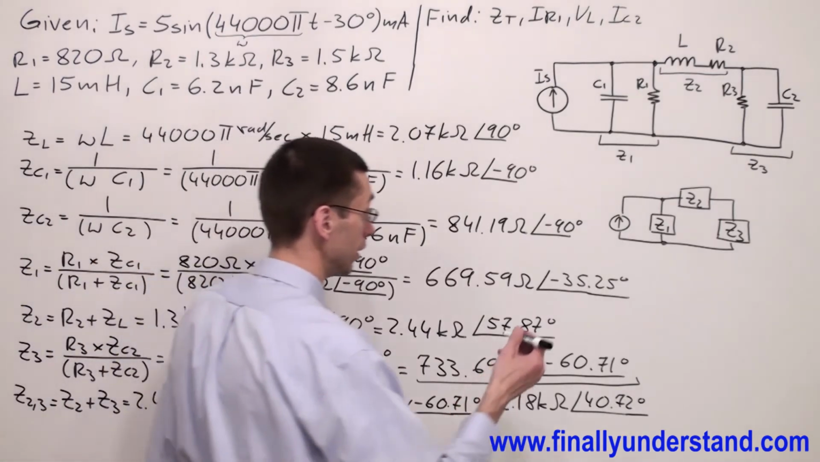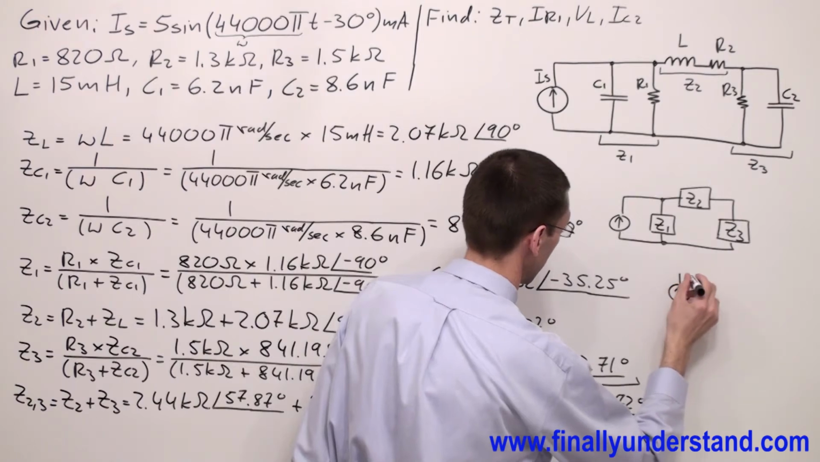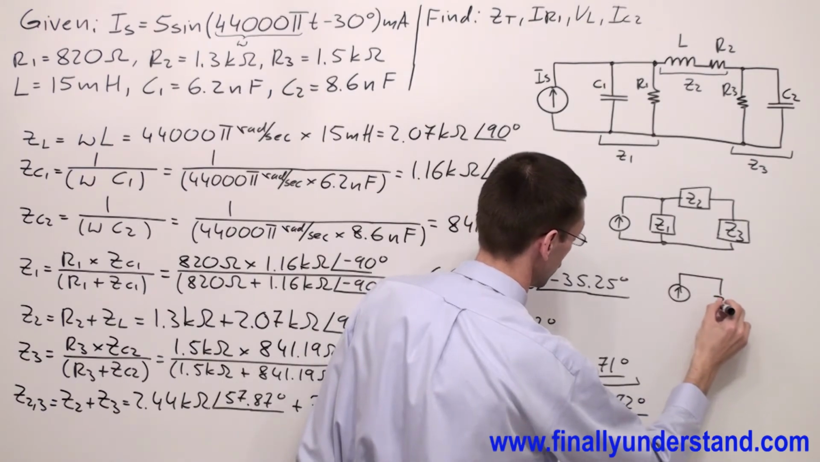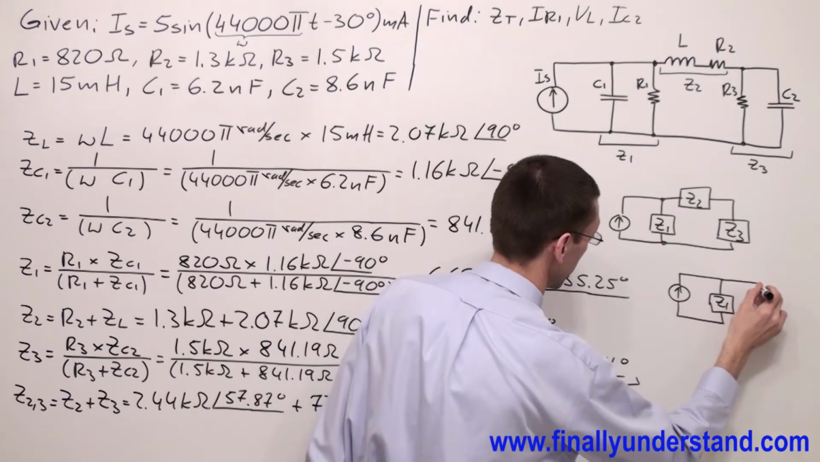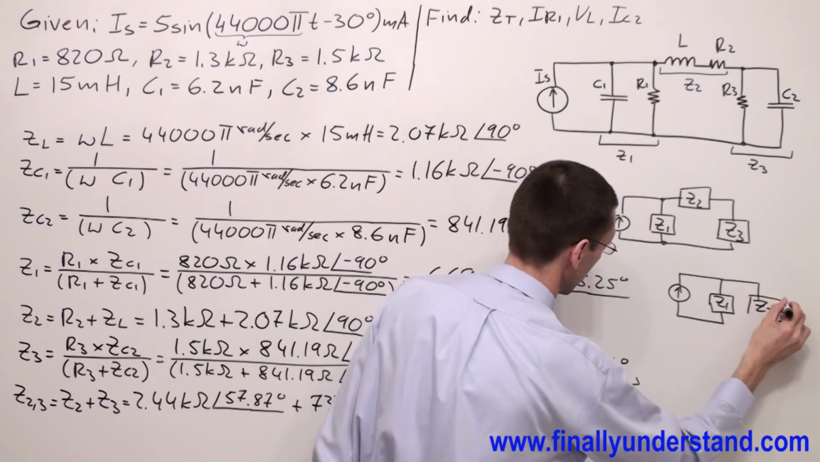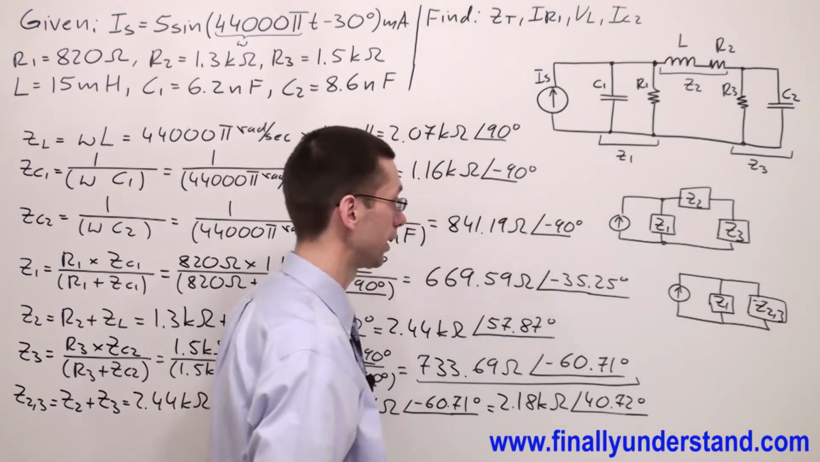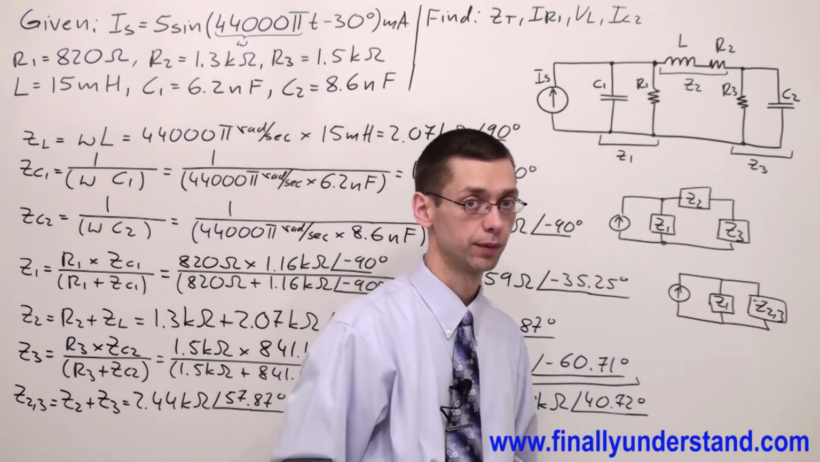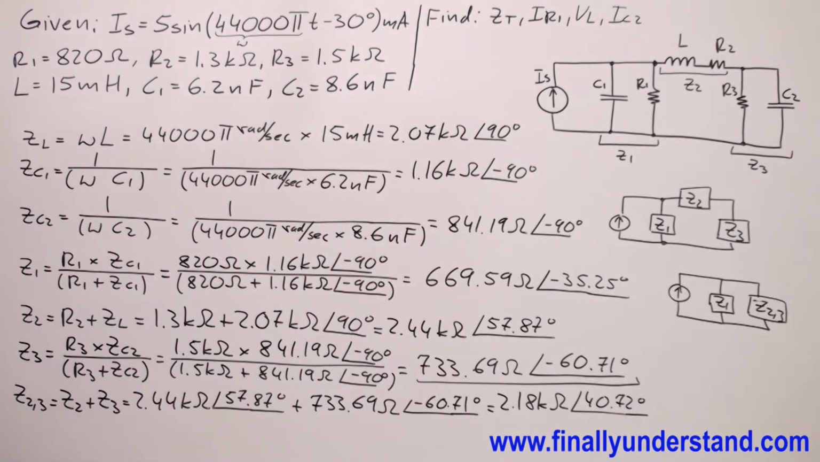Now you can redraw the circuit, and we have Z1 and Z23. Please notice that these two impedances are in parallel right now. Okay, because I have two impedances, I'm going to use the product over sum in order to find Z total. So if Z total is equal